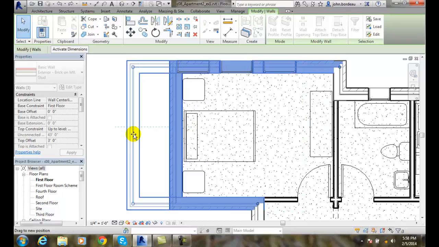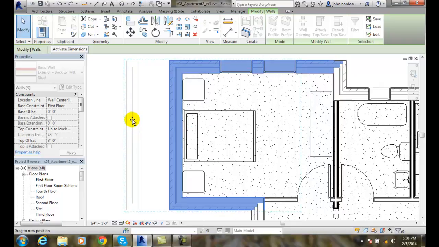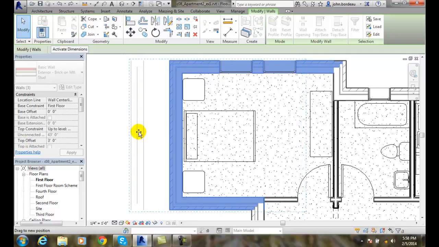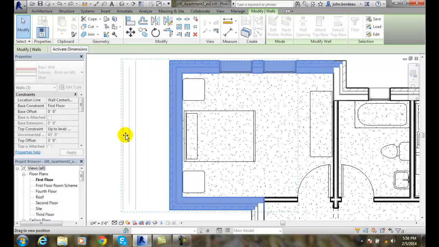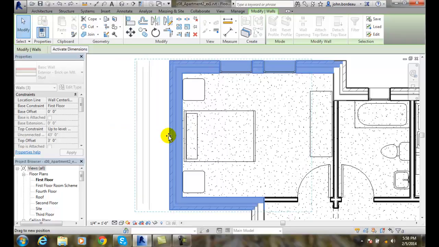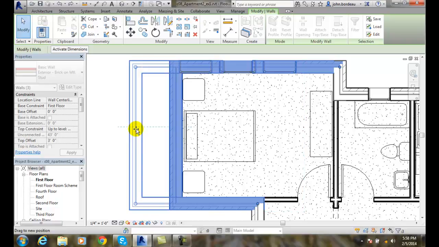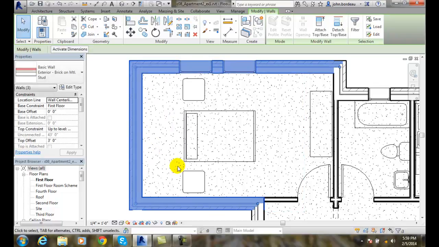Now if I wanted to go off on an angle, I could do that by hitting the Shift key, and that allows me to move it off on an angle. Usually you don't want that. Usually you just want to go off in one direction. So if I was trying to make this room bigger, I'll go out and have that little green dotted line there, and then when I let go, the elements will move and shift